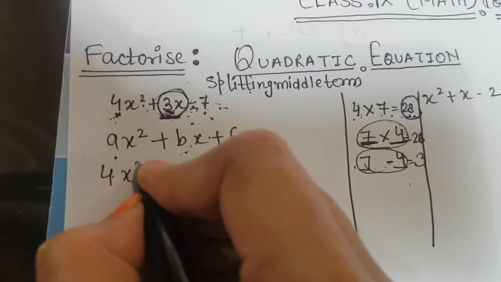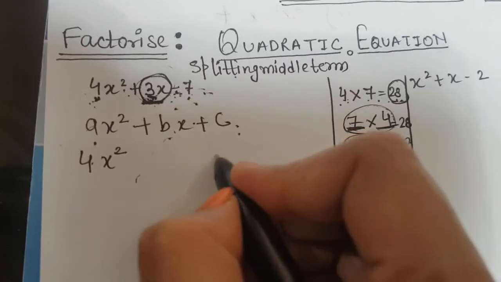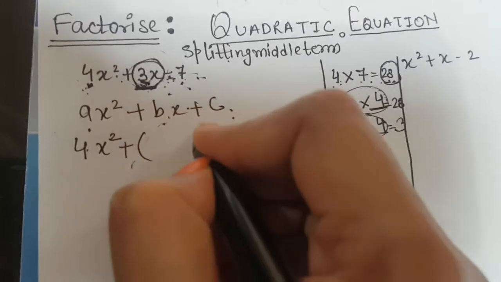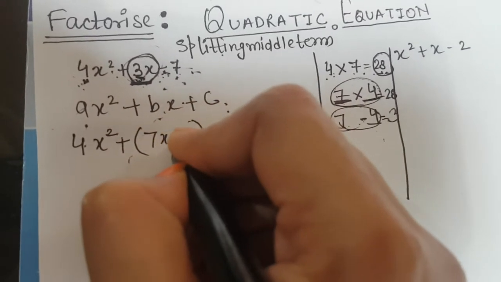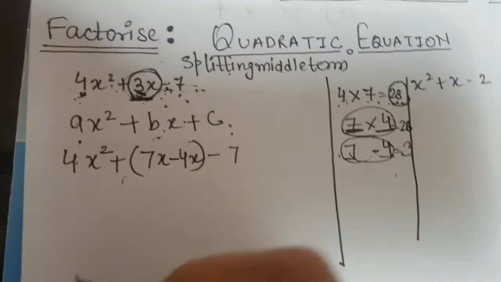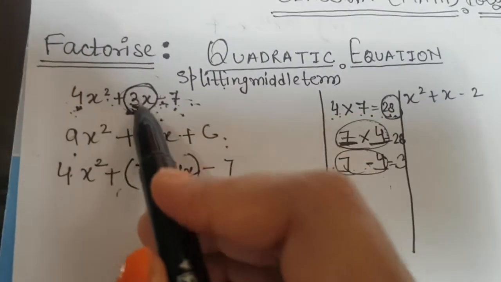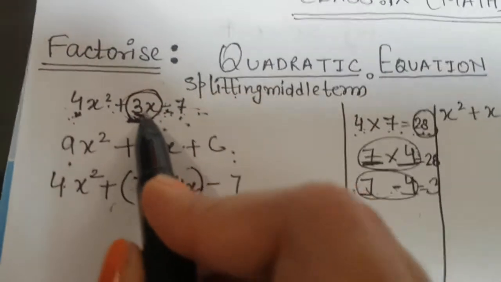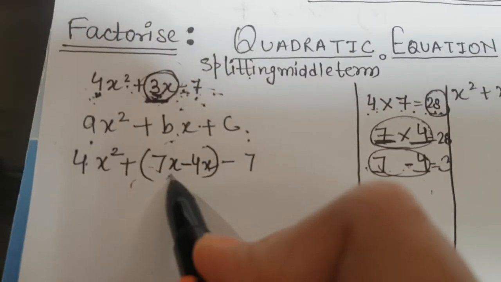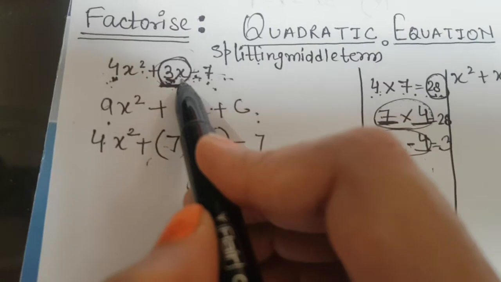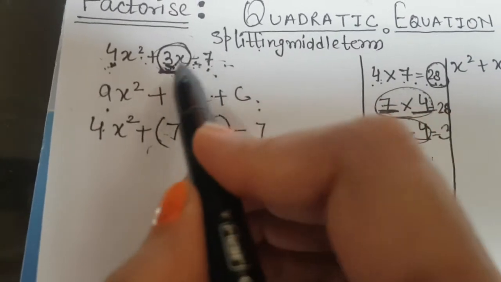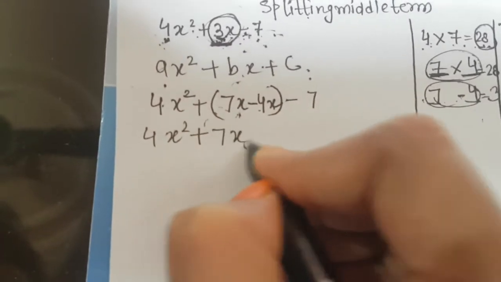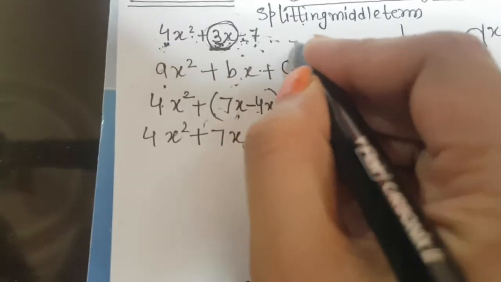The first term we will write as it is, and the last term also we will write as it is, because we are splitting the middle term. So in place of 3x we will write 7x minus 4x. We are not making any change in the equation, we are just splitting the middle term, because 7x minus 4x will be equal to 3x. तो हमने 3x की जगह क्या लिख दिया? 7 माइनस 4. x क्यों लिखा? क्योंकि x वाली टर्म है ये. 7x में से जब 4x सब्ट्रैक्ट करेंगे तभी 3x आएगा. ठीक है. Now you open the bracket.